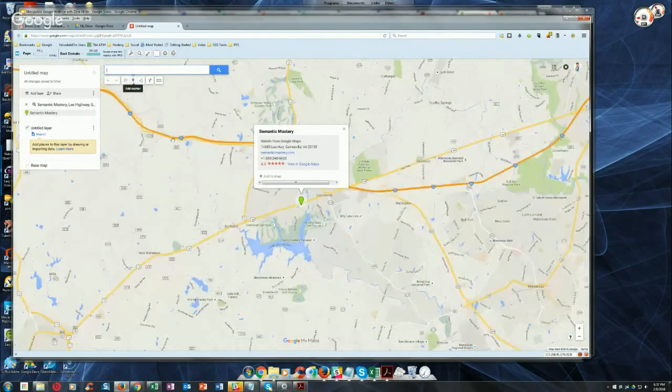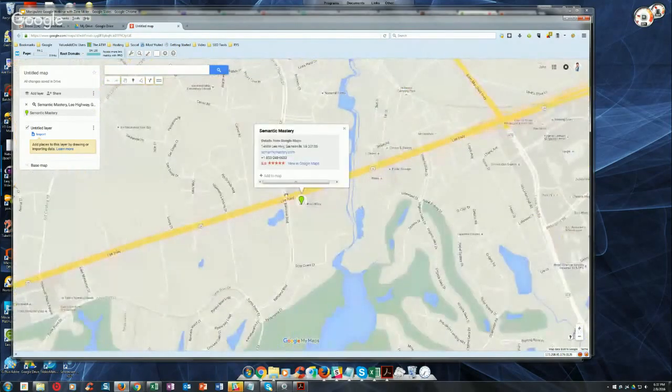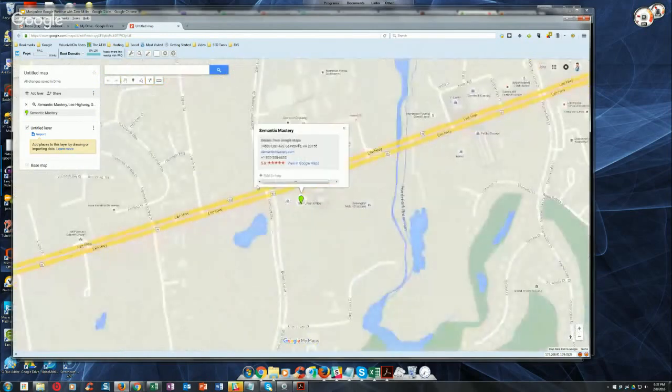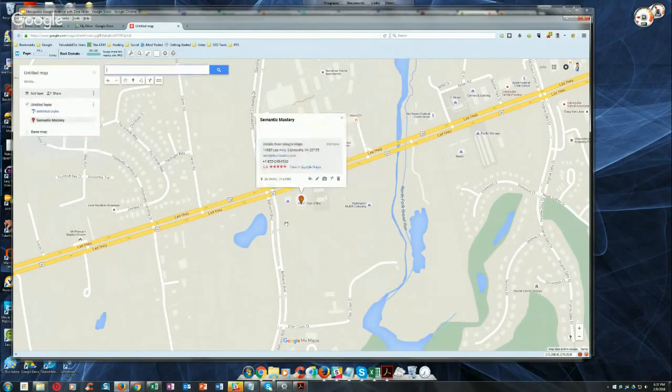Now what that's going to do is bring up this map pin here, that if we zoom in on it, you'll see that it should be located pretty much right on top of the U.S. Post Office, because essentially this is just a P.O. box that I have for our corporate address for semanticmastery.com. But you can see that this pulled this up. Now, right now, this is the data point, but we can add stuff to here, okay? I'm going to go ahead and add to map, which I just did, and you'll see now that what this did was bring in our NAP, our name, address, and phone number, right, plus a link to our